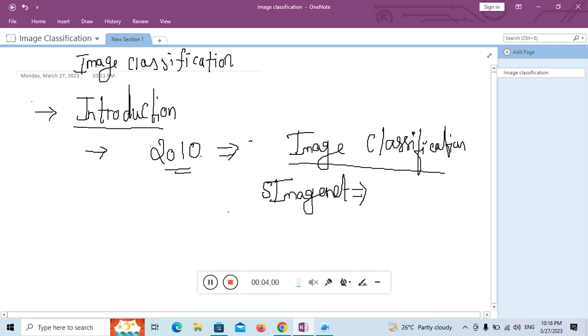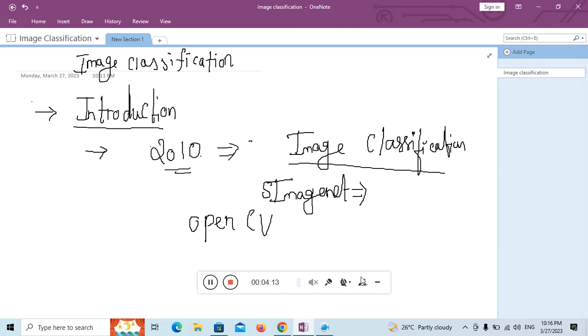You will see these terms: OpenCV, open computer vision, where a machine can visualize data, which is nothing but an image. Sometimes you will also hear CNN, convolutional neural network.